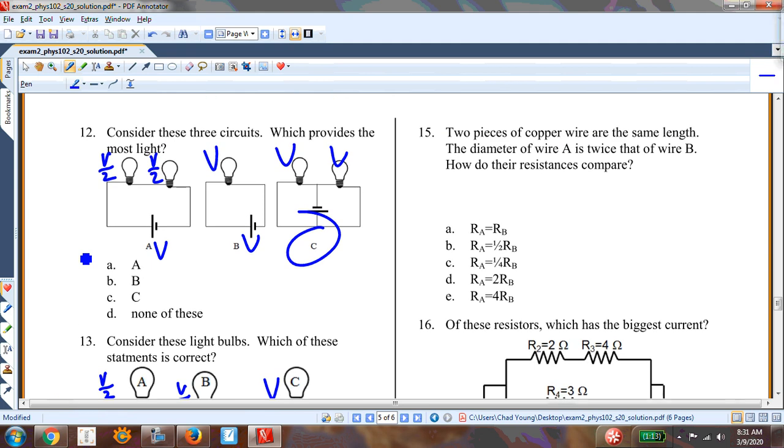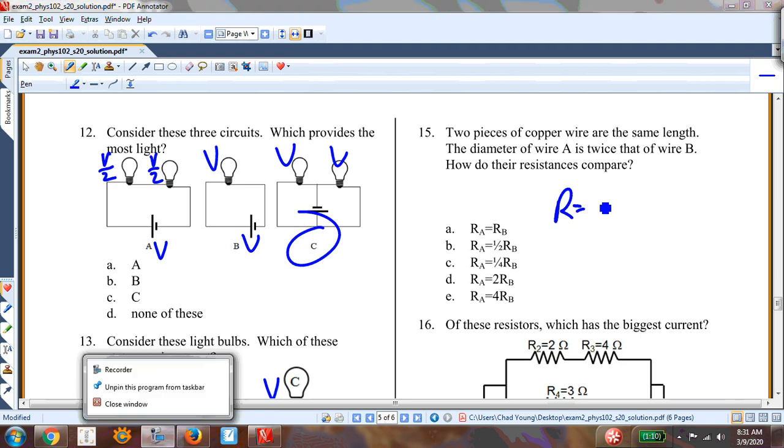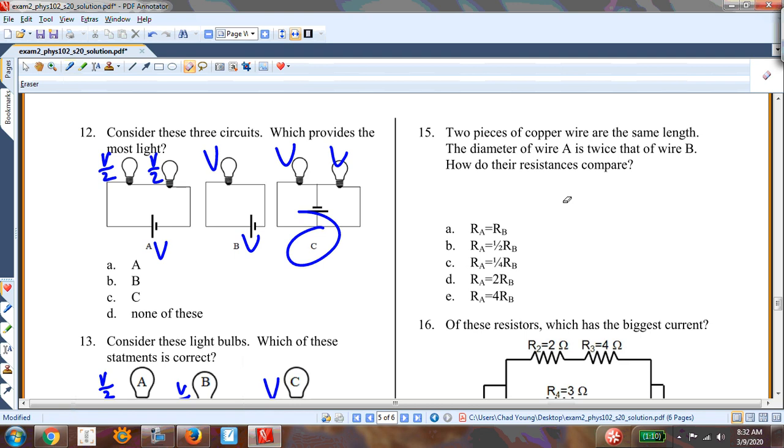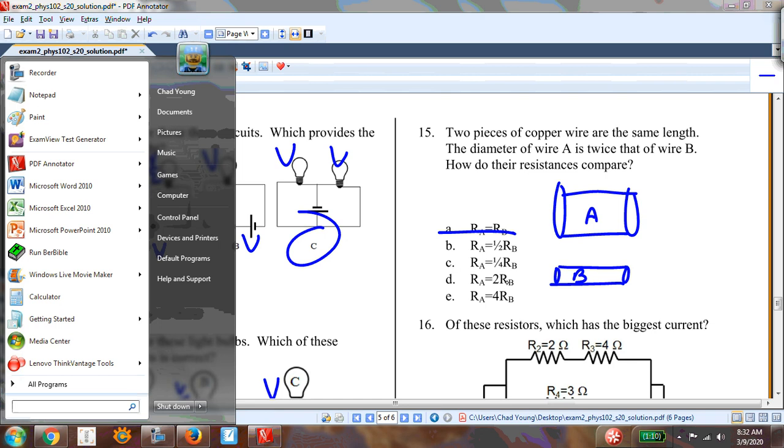Two pieces of copper wire, the same length. The diameter of wire A is twice that of wire B. How do the resistances compare? Well, you know what I like to do first of all? I like to just draw a picture because these things sometimes confuse me. If I draw a picture of the two wires, this is wire A and this is wire B. So wire A, I know, is going to have a smaller resistance. It's just a bigger pipe, so it's easier to push charges through there. So wire A has a smaller resistance, so that means I can get rid of